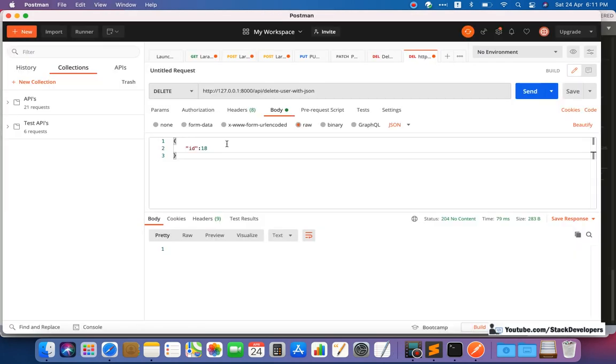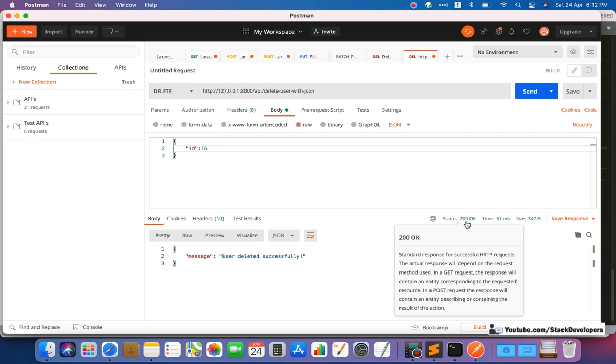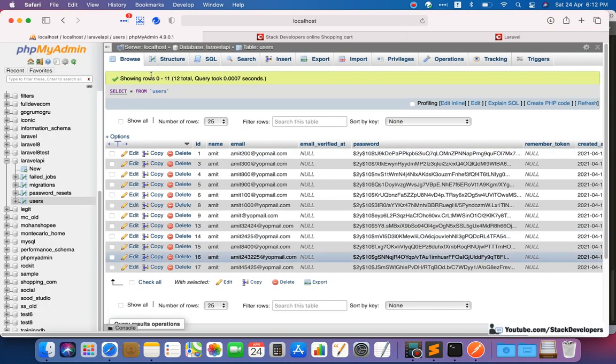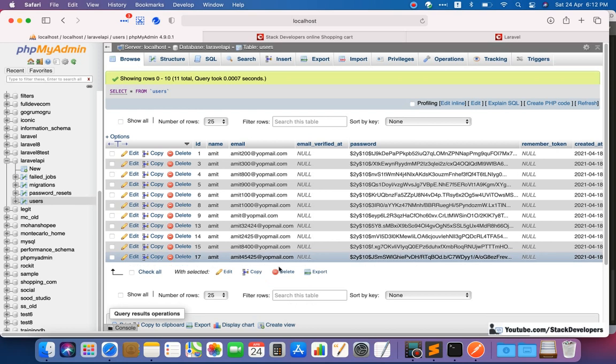Click on send, and the user is deleted successfully. Now the response code is coming 200, with the success message in the response. Now we will check: the 16th ID must go away, and the 16th ID is deleted from the users table. This single record you can try at your end.